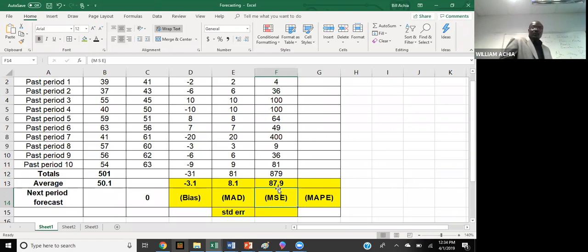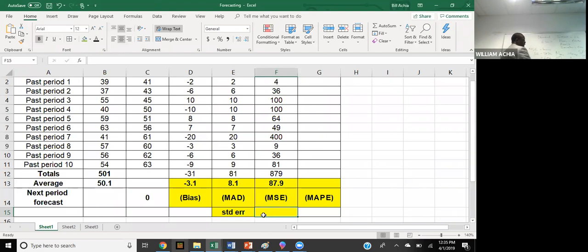Okay. So going off of that MSE, one additional calculation that we might be interested in, which is similar to MAD, is your standard error calculation. Now, MSE is similar to, if you look at statistics, a calculation of variance. And SE will be similar to a calculation of the standard deviation, if you look at it from a statistics perspective. So the SE here would be the square root of your MSE,